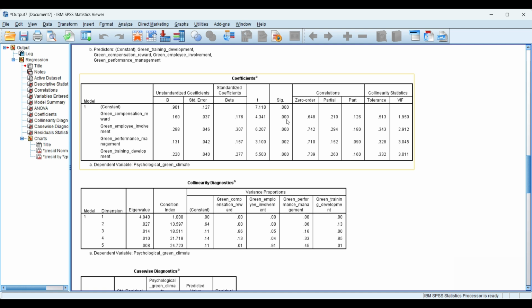So in this way, we accept the alternative hypothesis that green compensation and reward significantly influenced green psychological